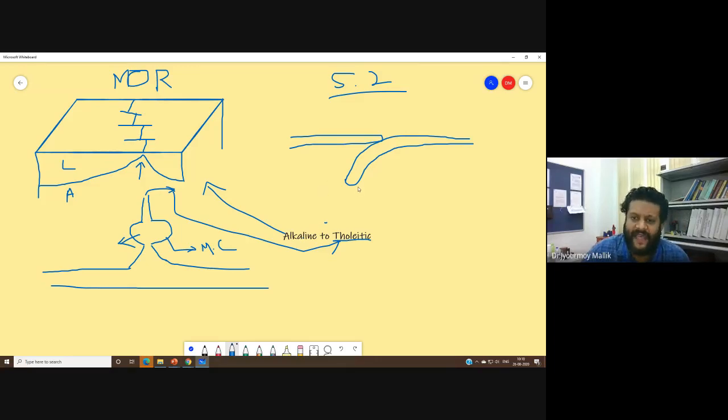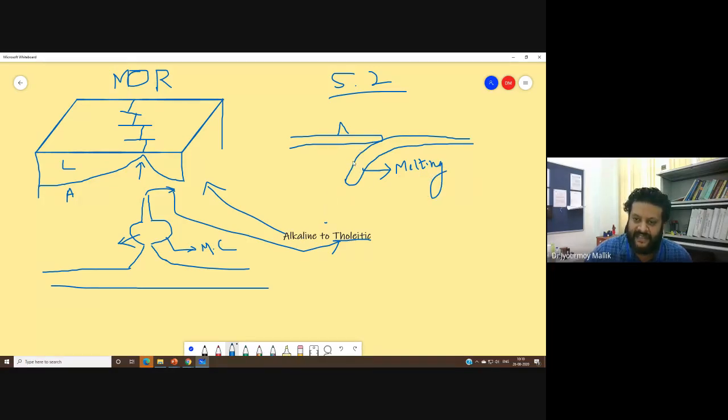Now, if you compare that with respect to the subduction zone, what happens? The crust which actually goes down, beneath your continental crust, is your oceanic crust. And then what will be the source of the volcanism here? The source of the volcanism is essentially the melting of the underlying crust.